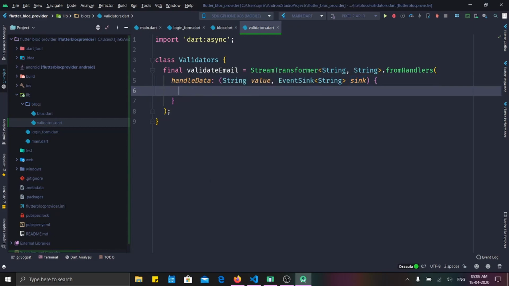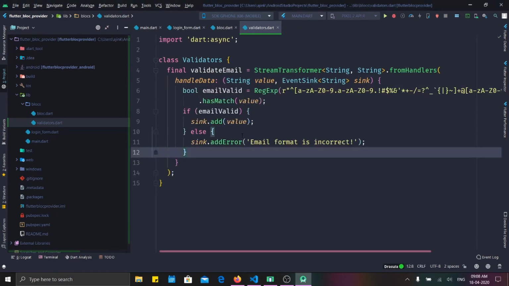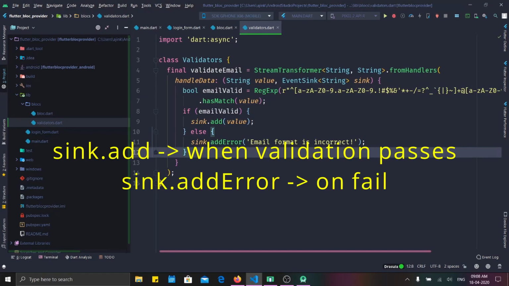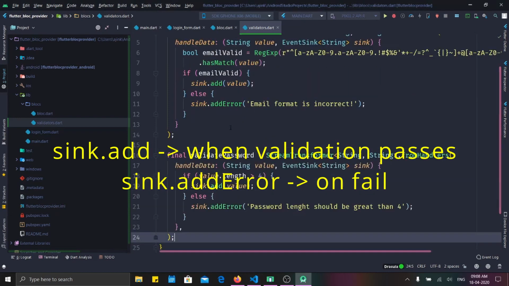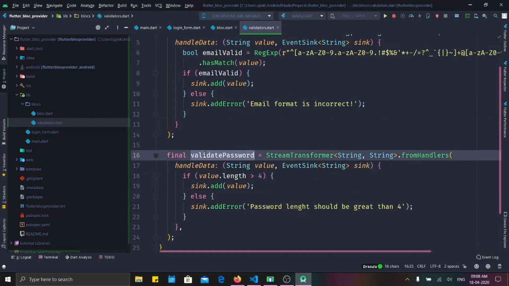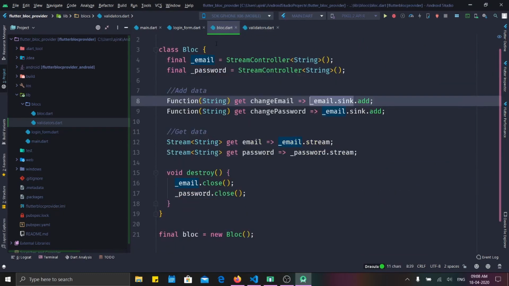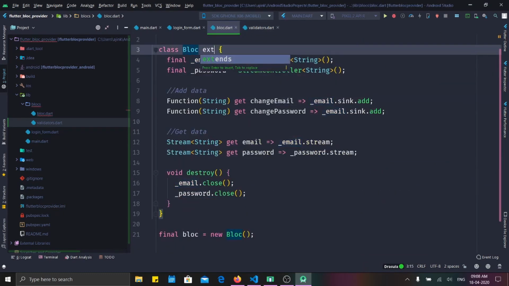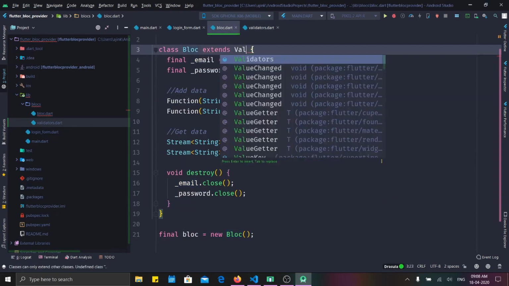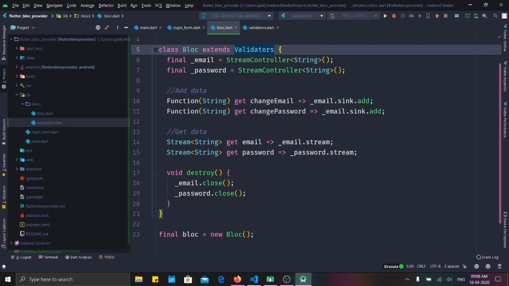Since this is just basic code, I'm just going to copy it quickly to save our time, and same thing goes for our password. All right, so far we have a validatePassword and a validateEmail. Let's just quickly add it to our block. I'm just going to call it extends Validators. If you had something more, other validators, you can use with and some class. But in our case we just have